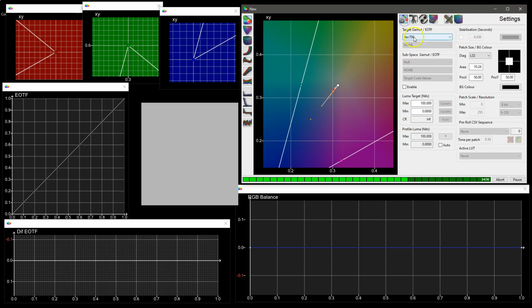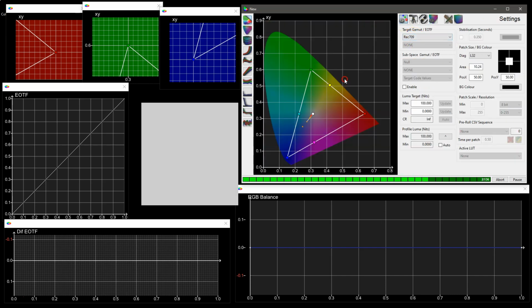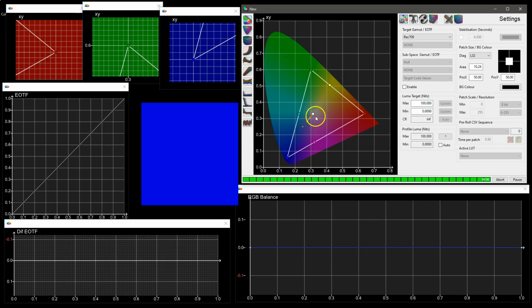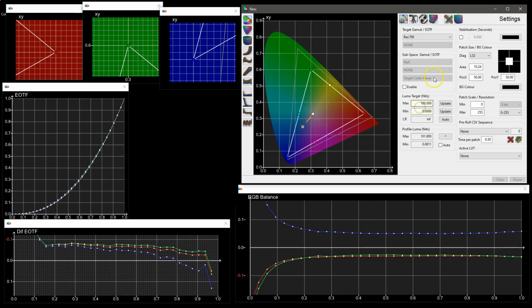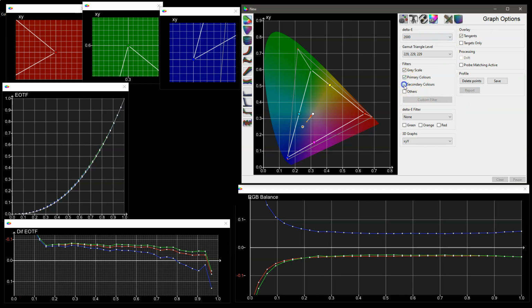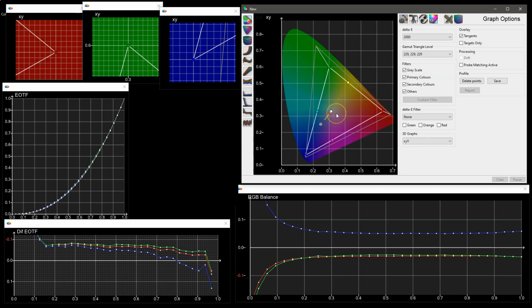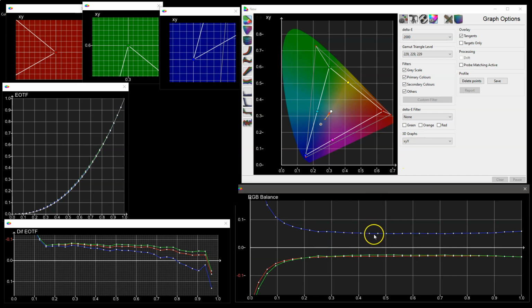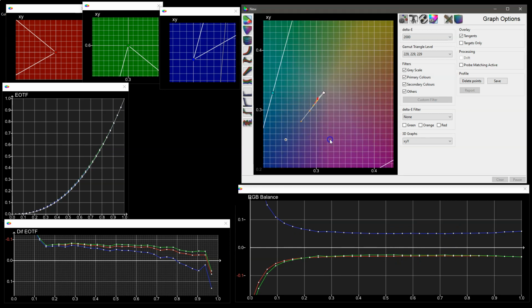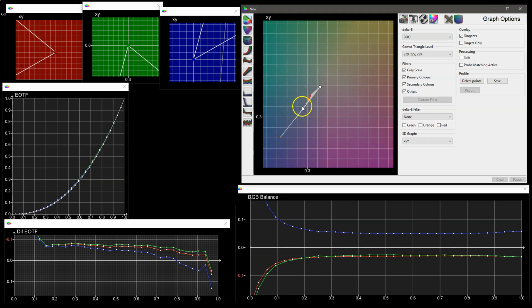Now at the moment we're looking at Rec 709 as our target colour space, but this display is obviously uncalibrated, so not only will the grayscale not be where it should be, but you can see that as well the RGB primary points are obviously considerably different to our target of Rec 709. Now more on that in a second, but for now we can see that we have an RGB balance where blue is considerably higher, and if we look at the grayscale here, you can see that the points are indeed